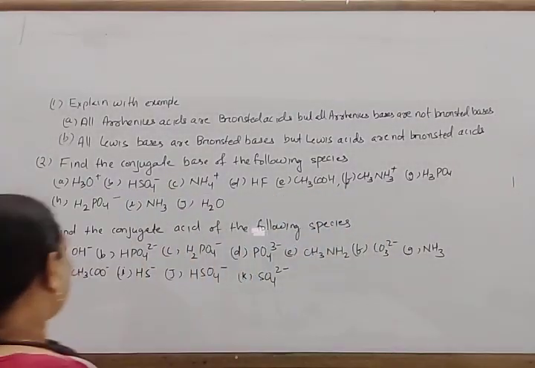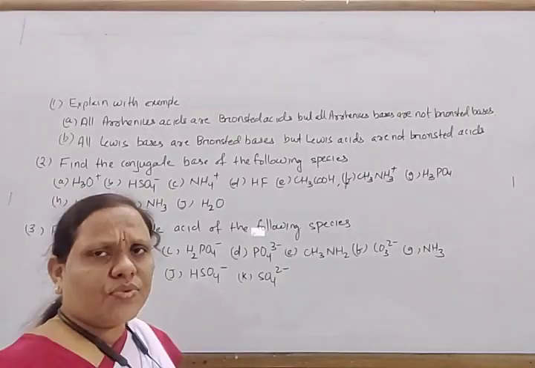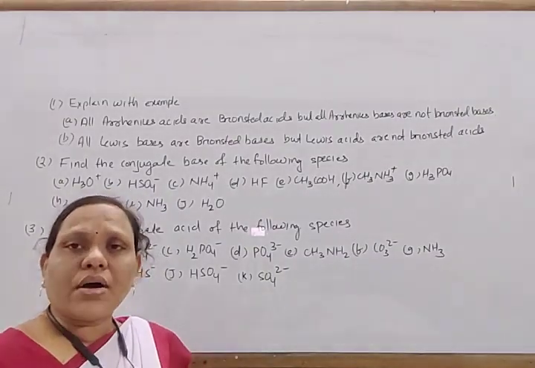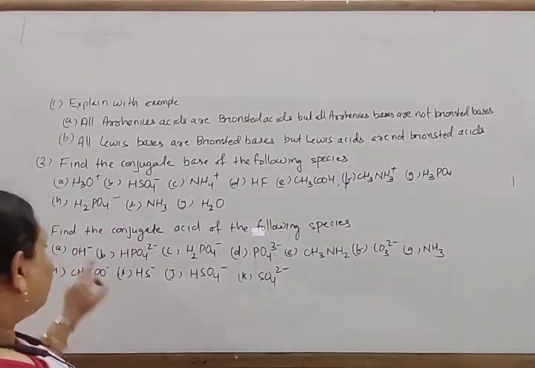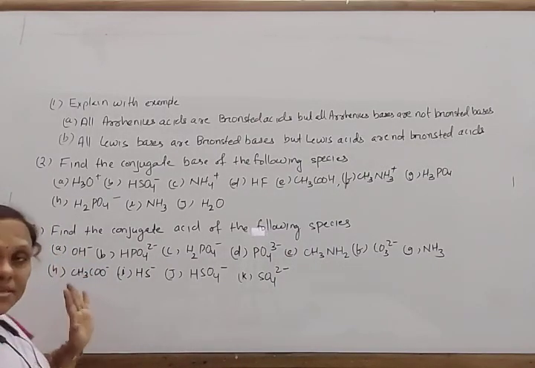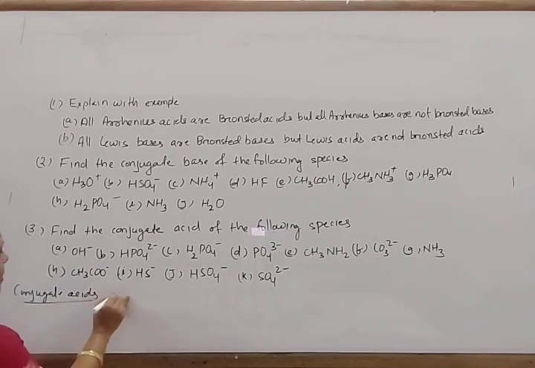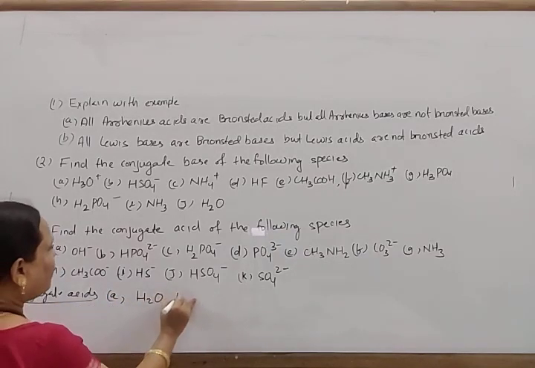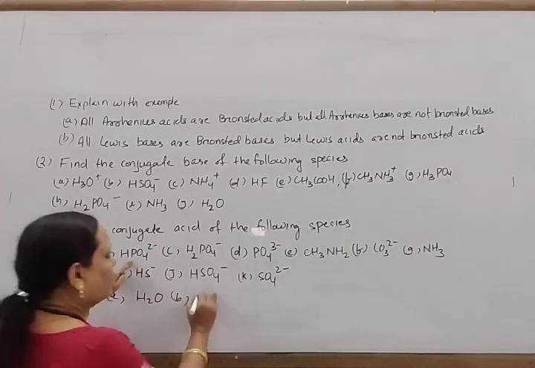Okay. So find the conjugate acid of the following species. To find out the conjugate acid, just add one H plus ion to the formula of the species. So OH minus, if you add the H plus ion here, minus and plus will balance, and the formula will become H2O. So the conjugate acids: A has H2O, B HPO4 2 minus, just add one H plus here, and the formula